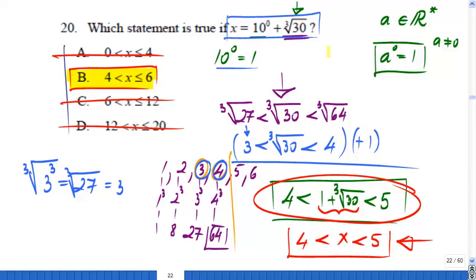And you guys followed me with those steps. It's pretty much the same method to solve any estimating problem involving radicals, cubic roots, and so on, irrational numbers. That's what you have to do. You have to use this type of estimation, right? You're going to find a number that's a perfect cube, like in this case, or a perfect square if you have square roots, and that's immediately less or greater than the given number. And by following this type of reasoning, you will be able to determine the right answer and get the maximum score on this type of